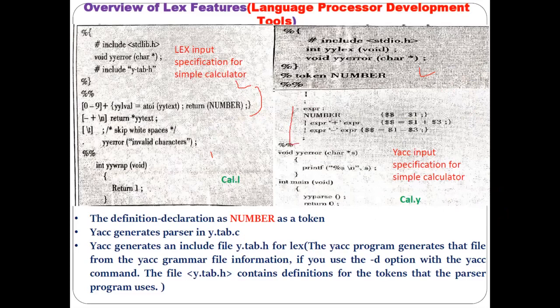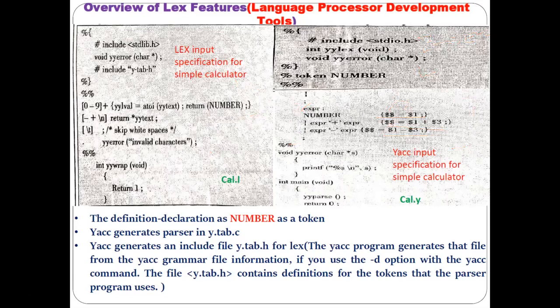So this is the most important part, the rule section of this particular yacc program, where you are writing the rules in the form of grammars. Like in the grammar you must be knowing, we used to write the grammar like E derives E plus E. In a similar way you have to write the rules here, and in front of those rules you have to write the action, and some code you have to mention. The meaning of the code I told you: double dollar indicates the left hand side, $1 the first variable, $3 indicates our second variable. Understood? Plus indicates the operator. So $2 is for the plus, which in case of the operator, there is no need to mention. Understood? So this is all about these two programs.